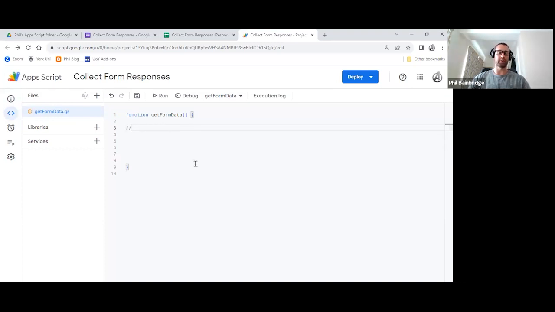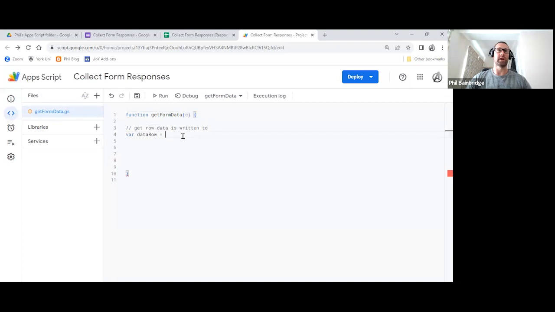So let's insert a comment with 2 forward slashes and say get row data is written to. We're getting something, so we're going to start with a variable. So we'll do our var dataRow with a capital R. And we're going to set that equal to. Now, we have something here which we need to include, as you'll see from the instructions, which is our event object, typically shortened to the letter e.